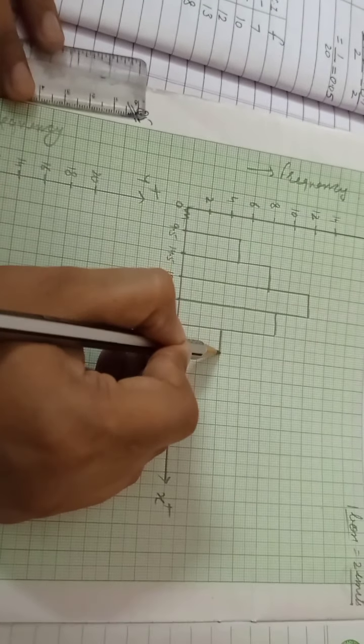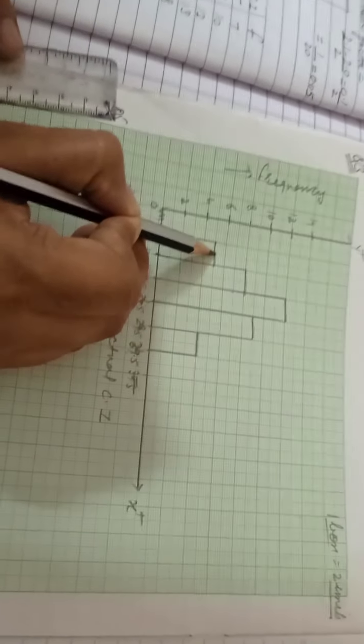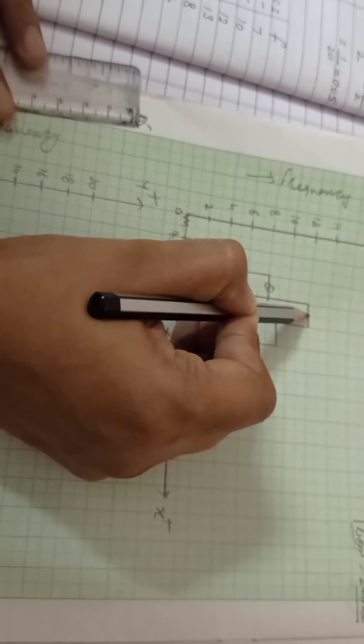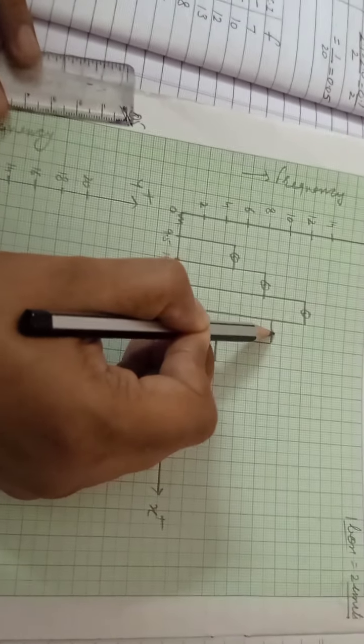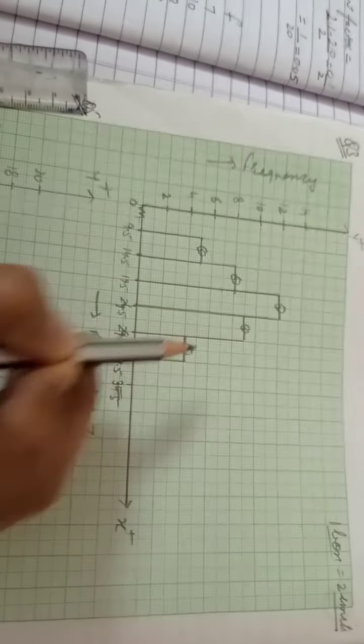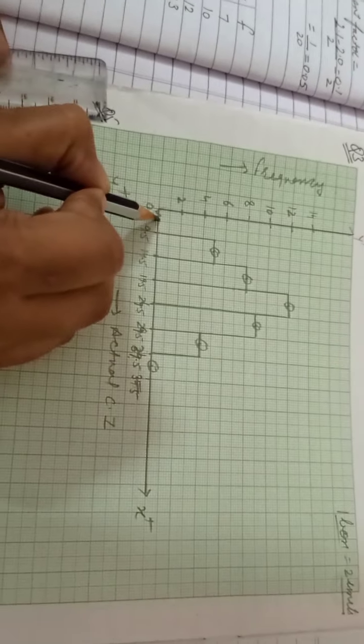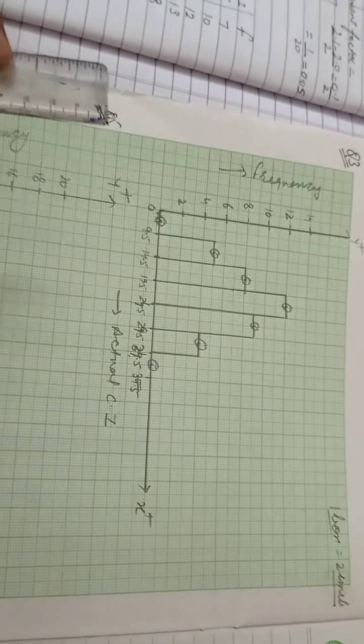Clear? Now children, we have to take the mid values. So mid value of this box is over here. It is over here. Then it is over here. Draw the mid values. I told you in the next interval also you have to take the mid value, and here also we'll take mid value of this interval.